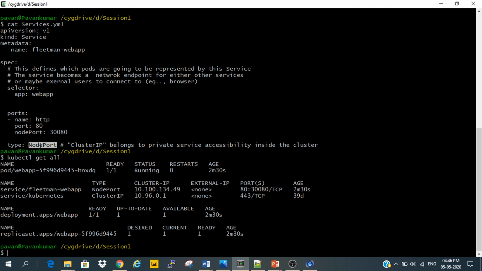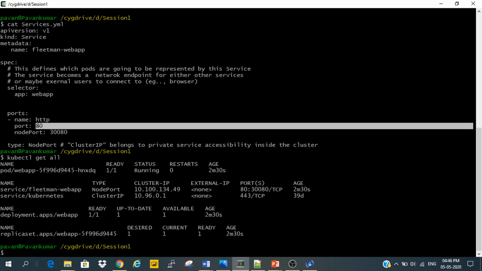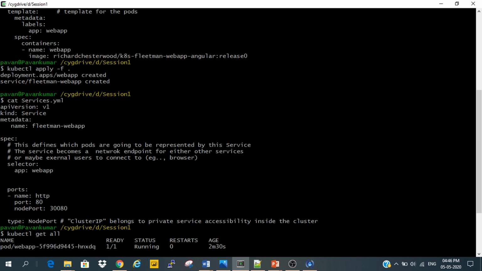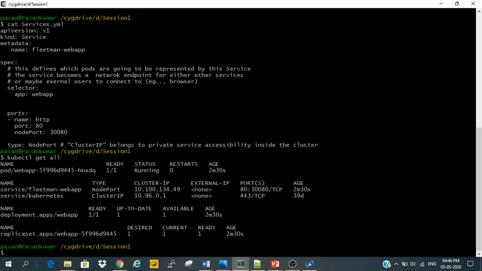Through this we could get access from the outer world with respect to this NodePort. How are we going to access it? This 30080 is defined as the external port, which gives us a NodePort. The 30 is the NodePort prefix, and 80 is the port within the container. That means the application which we have deployed with the deployment is a Docker application. This is a Docker image that will run inside port 80.